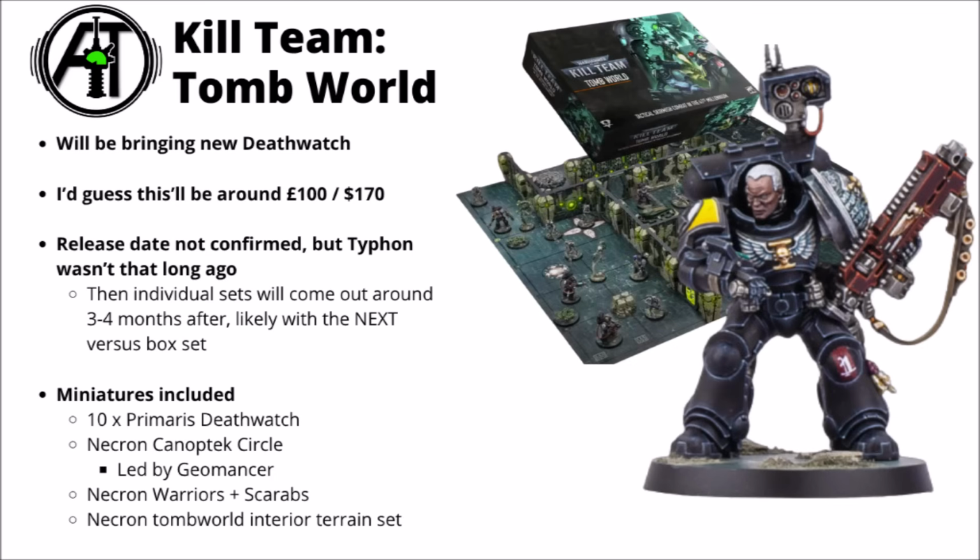That's what Kill Team Typhon was, though I guess that was maybe a bigger kit than some of them. If we're lucky, maybe it could be a little bit less. The usual pattern for these ones, though, is for Games Workshop not to make enough of them. So it seems like there's a good chance that these might sell out very, very quickly and then not come back in print. And people who want to pick up the Deathwatch Kill Team individually will probably have to wait